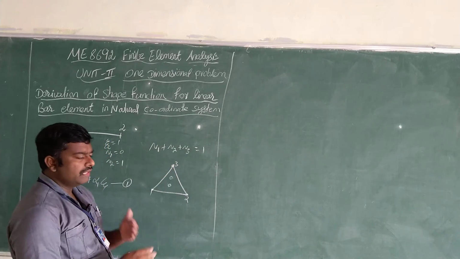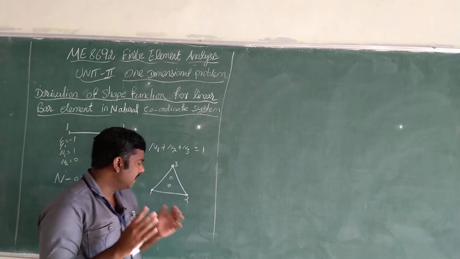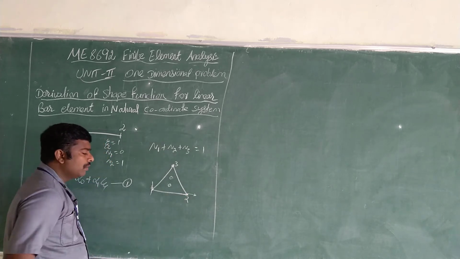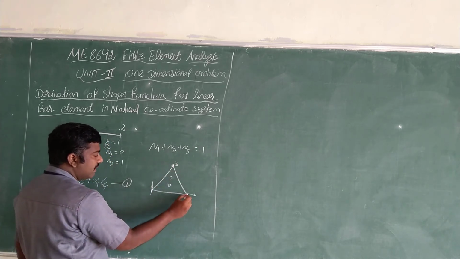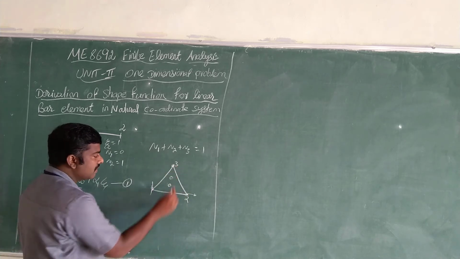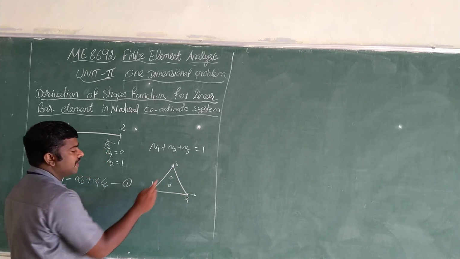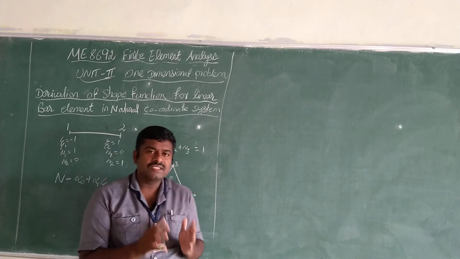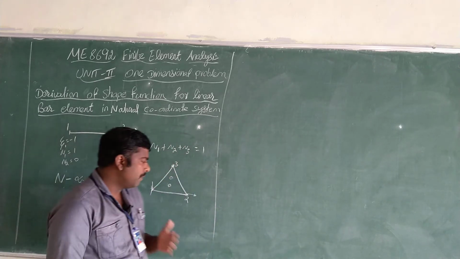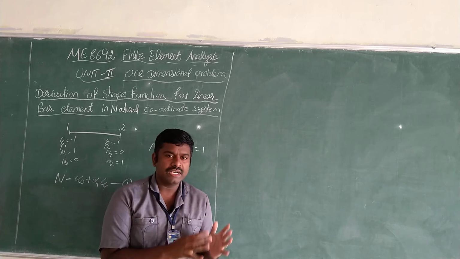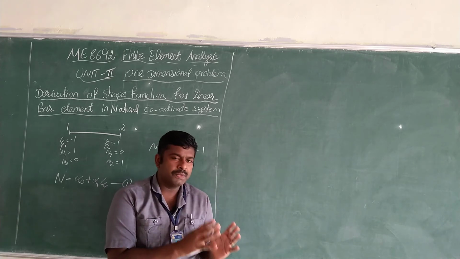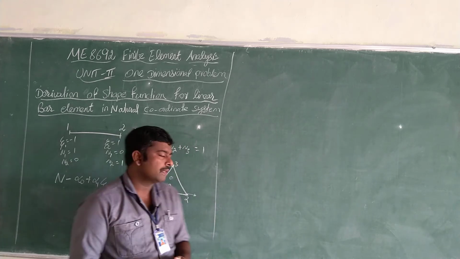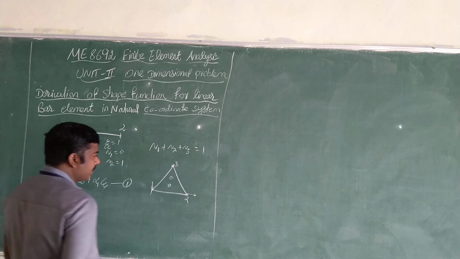One of the disadvantages of finite element analysis is that the value is given only at the nodal points and the output is achieved only at the nodal points. So the result is obtained only at the nodal points and the input is given only at the nodal points. In between the nodal points, that is the non-nodal points, we are not able to find the values. That is one of the greatest disadvantages of finite element analysis. In computer analysis of finite element analysis, the maximum value is shown in red color and the minimum range is shown in violet color.